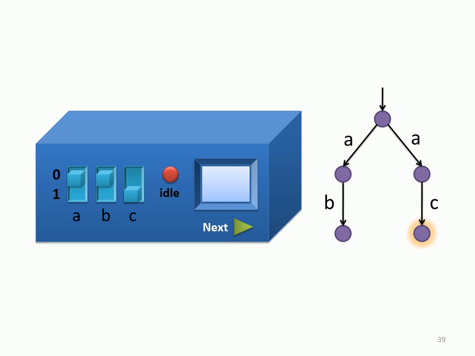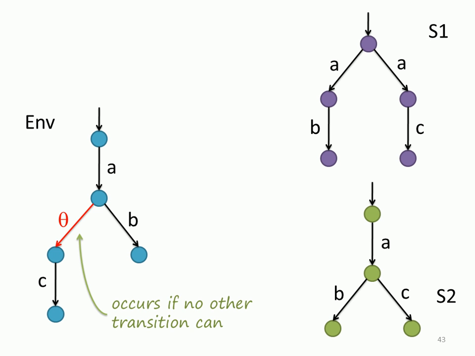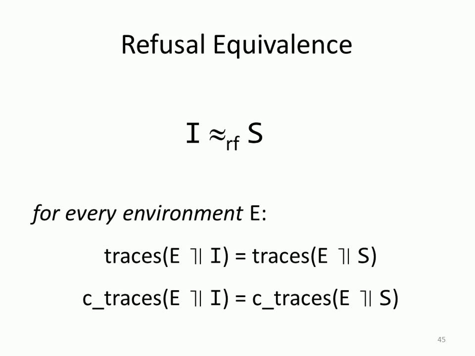But you have observed much more because in the meanwhile, while doing this experiment, you can observe what was possible throughout this experiment of testing. And this is the notion that was developed by Ian Phillips. So I will skip this again. This is called refusal testing, which is a more powerful notion of testing in practice than testing equivalence of De Nicola and Hennessy. And it's a practical notion as soon as you have the possibility of observing timeouts in your